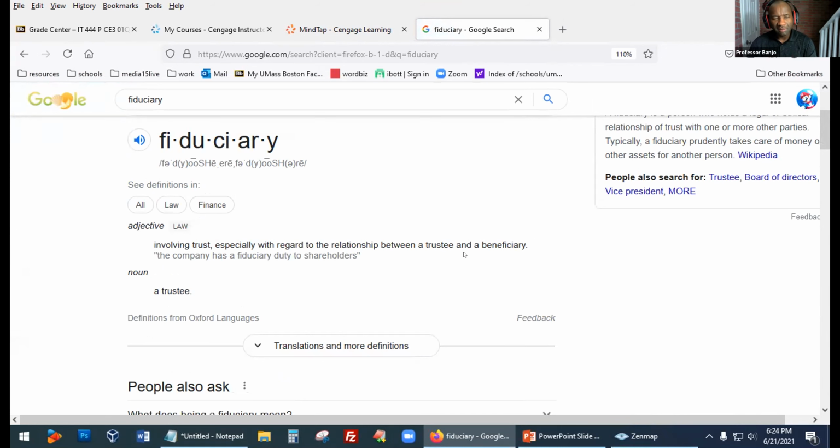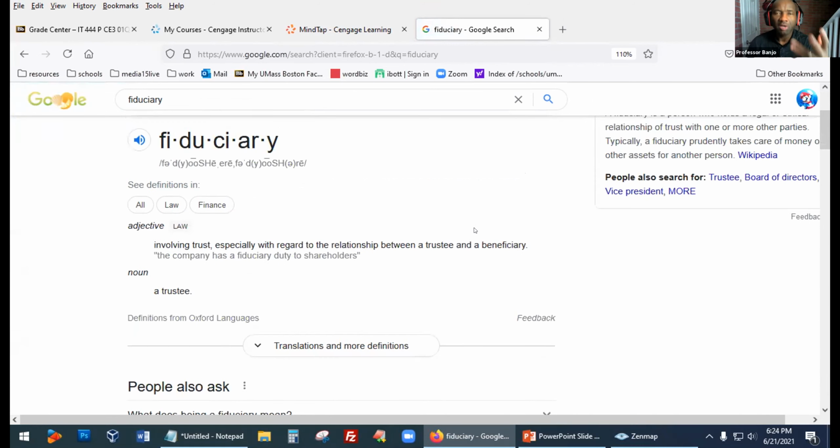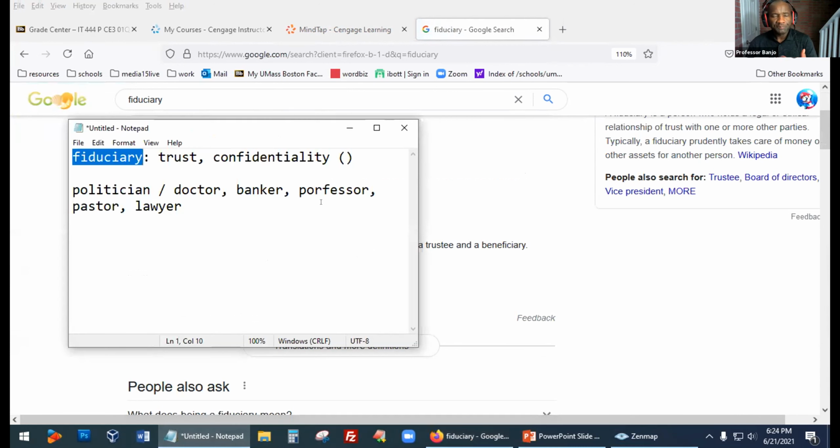Now, there are a lot of financial implications in that discussion. But what I'm talking about here is, as a security person, for example, you go to do penetration testing. You are going to find out, just like a doctor knows all your weaknesses, that you have this condition or that condition, and your banker knows you have so many loans and you are in serious trouble. Or your professor might know about your grades, your pastor might know about your life, your marriage, your lawyer, stuff like that, right?